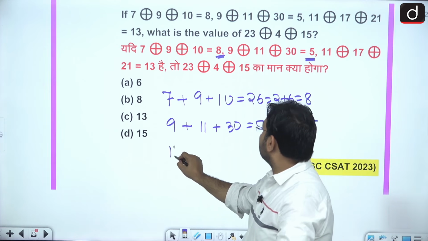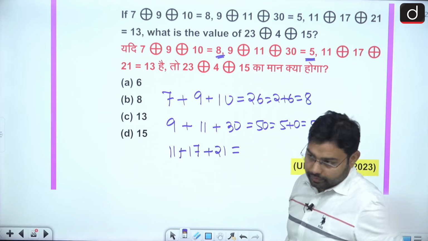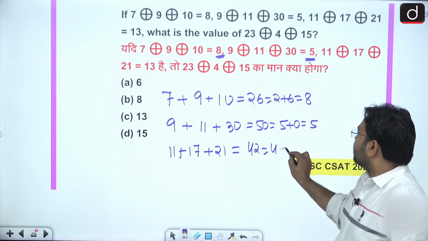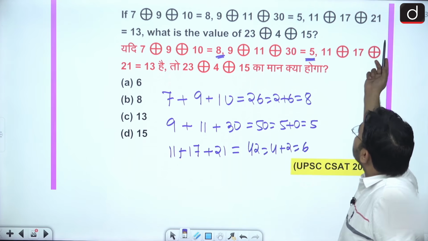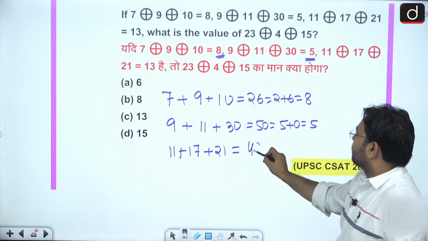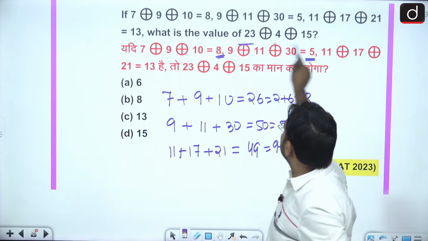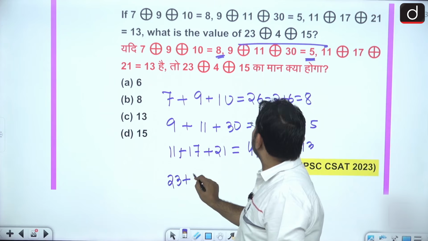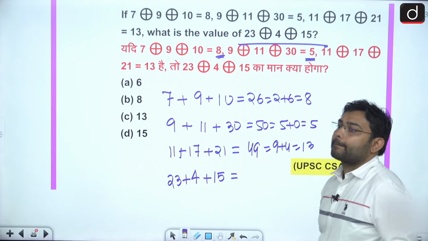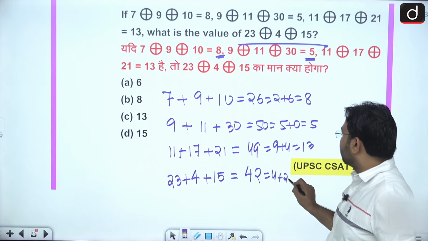Now 11 plus 17 plus 21 is equal to 49. So 9 plus 4 is equal to 13, done. Then 23 plus 4 plus 15 is equal to 42. So 4 plus 2 is equal to